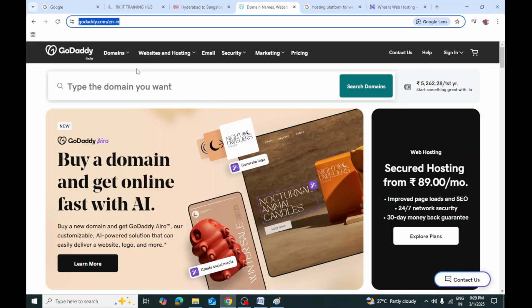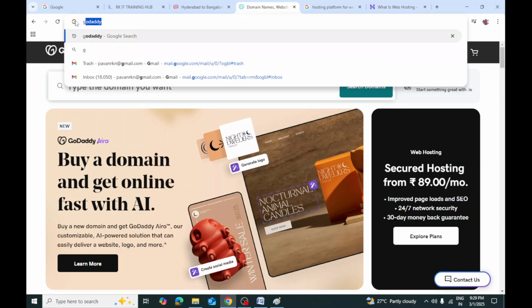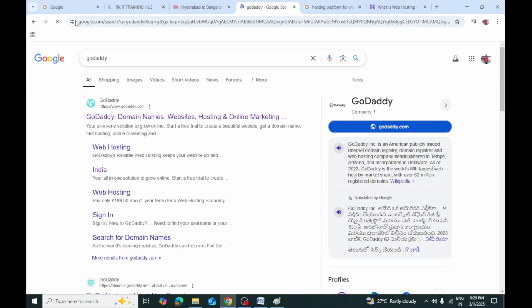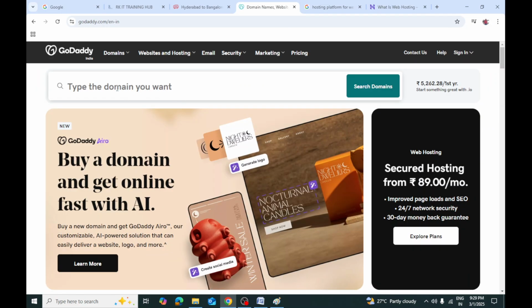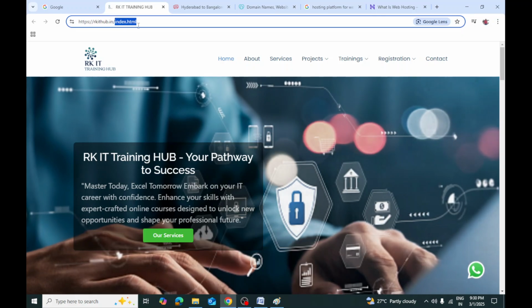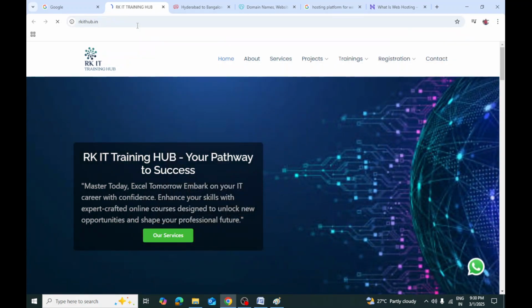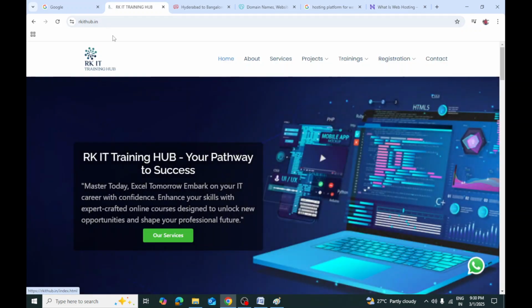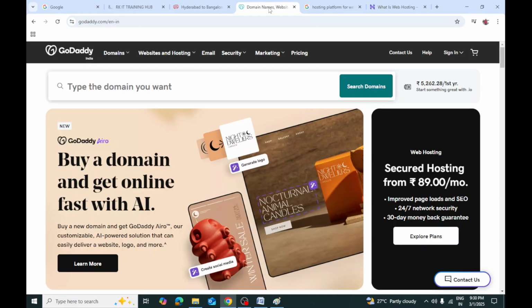So now I will explain to you how the hosting will be done. For example, let's take GoDaddy as the hosting space provider. If you wanted to host your website, first of all, see here, rkithub.in. This is the name I wanted to have for my website. So people will go to GoDaddy and then they will check